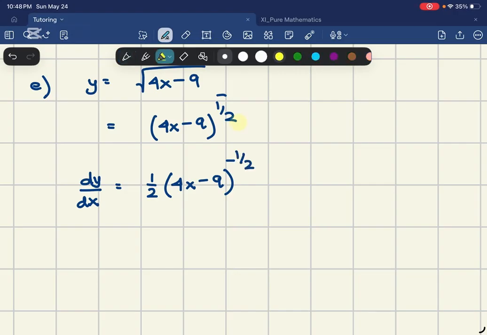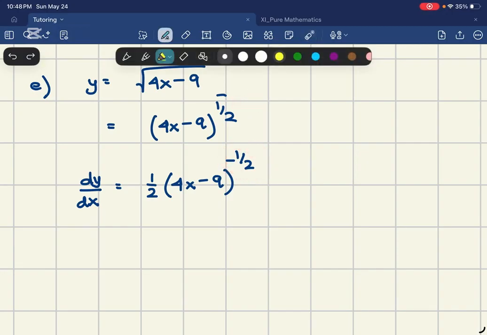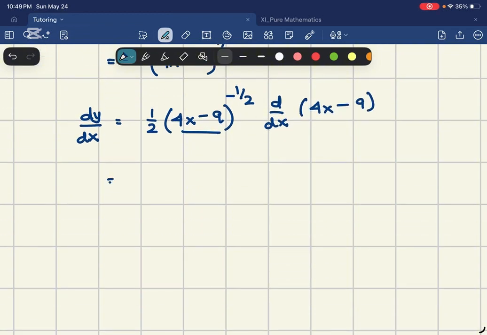But remember, you bring this power to the front, so you have half, and then you subtract 1 from your new power. So half minus 1 is going to give you negative half. Alright, but the inside is not just x. It is 4x. So therefore, you have to differentiate the inside. And that is what we have covered in the chain rule chapter. So if you simplify,